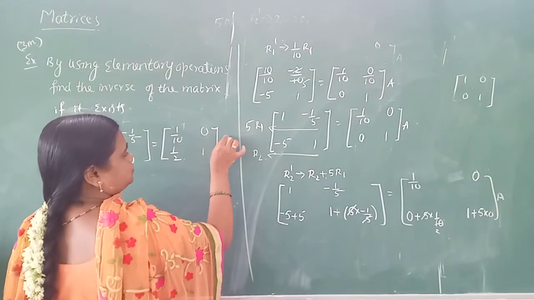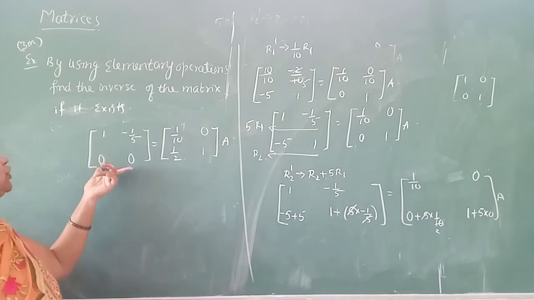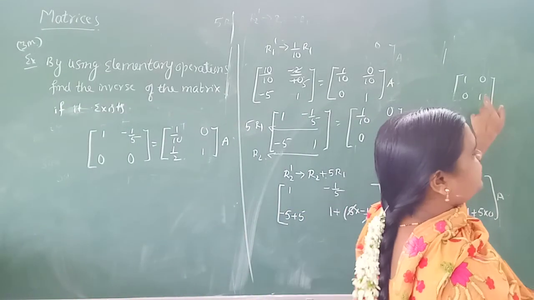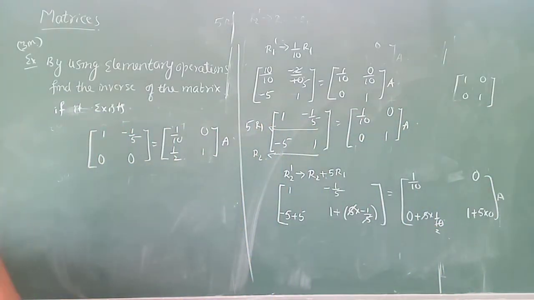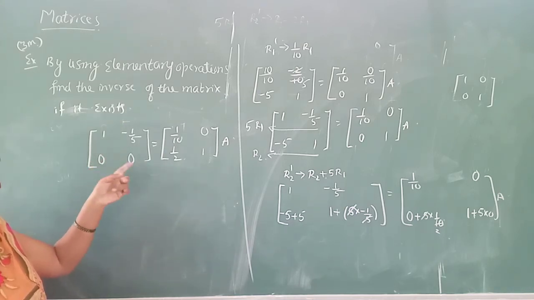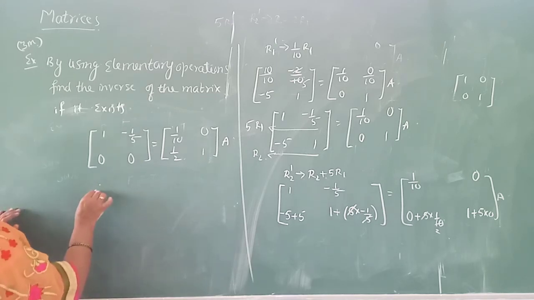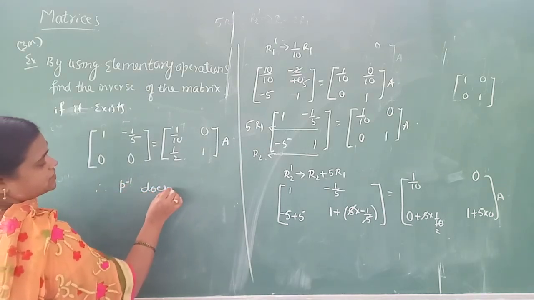See, these two are never 0 because here we need an element 1. Therefore, which one does not exist here? Inverse does not exist. Therefore, see, two zeros exist. Means here I want 1. Then only I can get an identity matrix. Otherwise, not possible. Therefore, P inverse here does not exist.